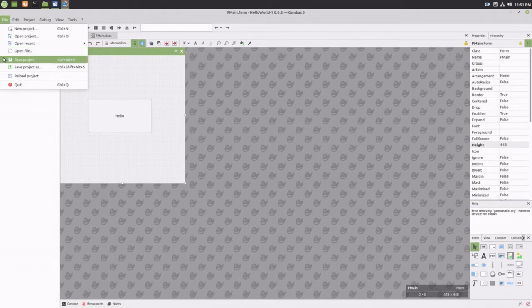Then Save Project, which saves all of the files associated with your currently opened project. After that option is Save Project As. This allows you to save the currently open project under a new project name, thereby effectively creating a new project identical to the old project. This is very useful when experimenting because it allows you to create new projects to experiment on without altering functional programs. And finally, Quit,